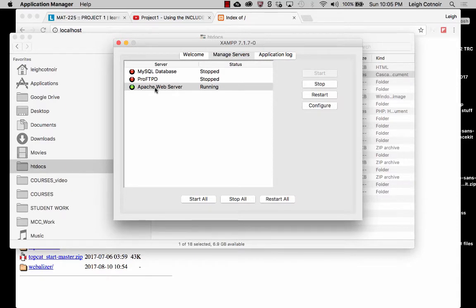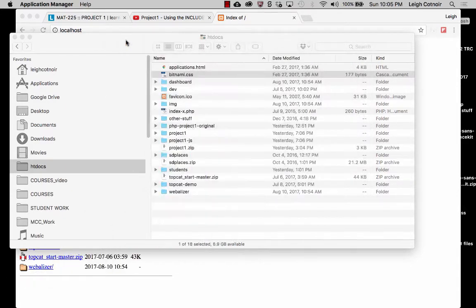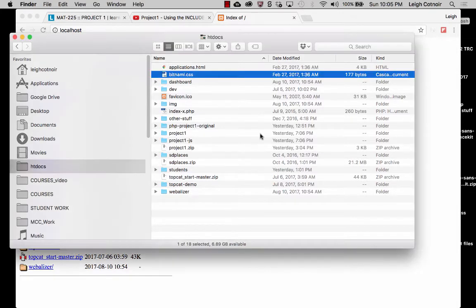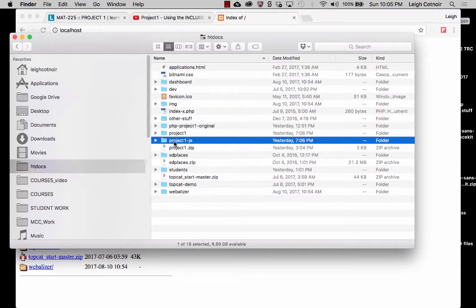So I've got my Apache web server running, and if you don't, you need to get it started. Otherwise, what you're doing right now is just not going to work, unless you're using a remote server. Okay, so the next thing that I'm going to do is go into my htdocs folder,